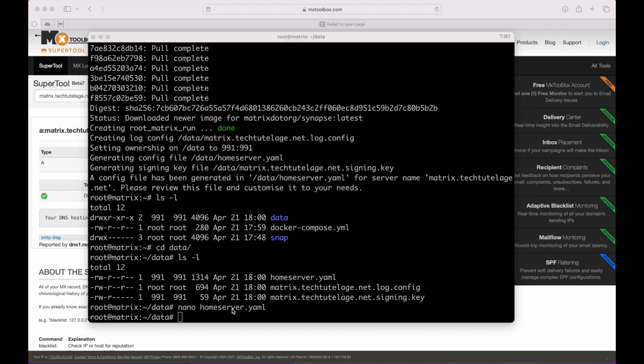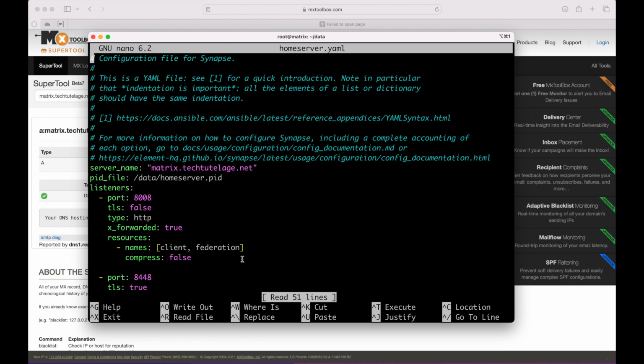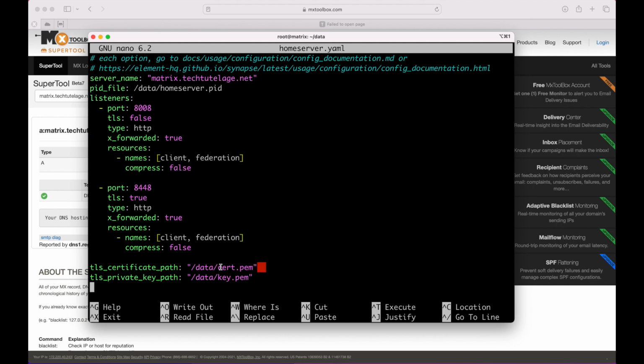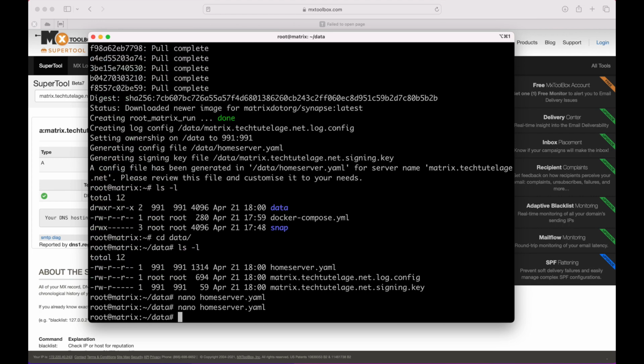The next thing that we want to do is add our SSL key and certificate with the full chain to our data directory. So I'm going to go back to the file here just to make sure that I get the names of my files right. I'm going to scroll down here just to make sure. So I called my cert and the key is going to be key. So I'm going to exit here and make my first file. So I'm going to say nano